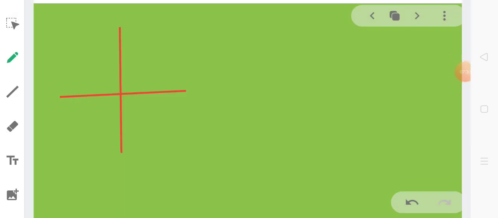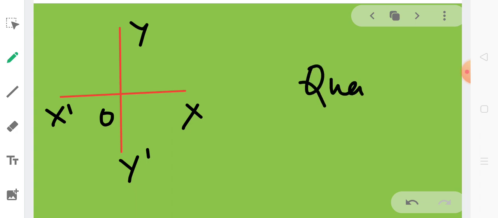Now we will define the 4 quadrants. As you can see, I have drawn 2 mutually perpendicular lines. Let these lines be X, O, X dash and Y, O, Y dash. These lines divide this plane, the plane of this board, into 4 parts, isn't it? Each part is called a quadrant. So XOY is the first quadrant,